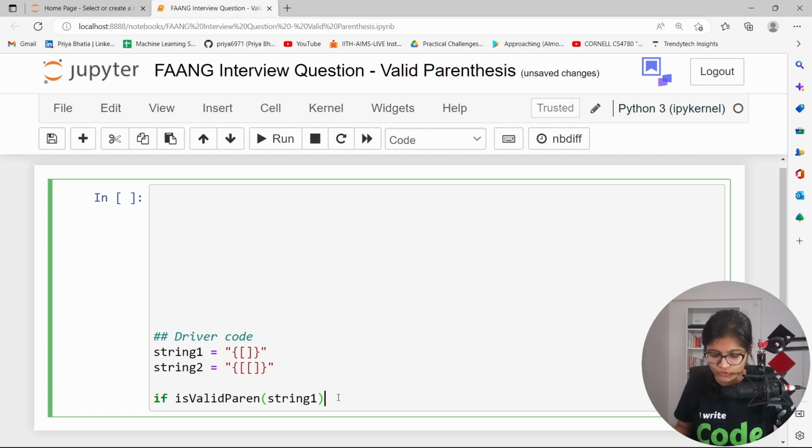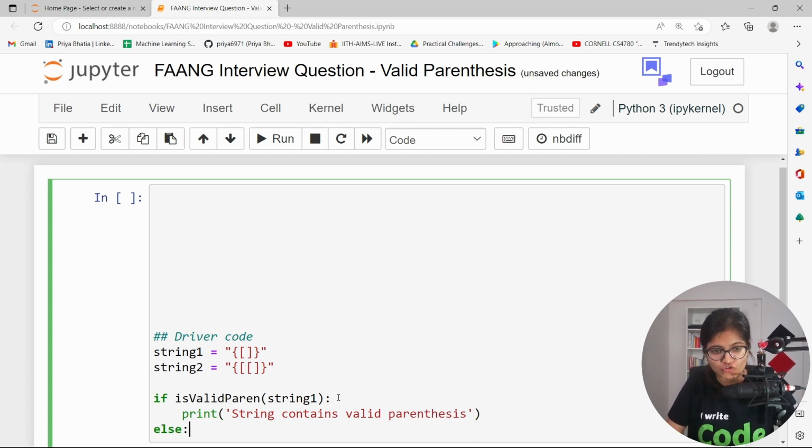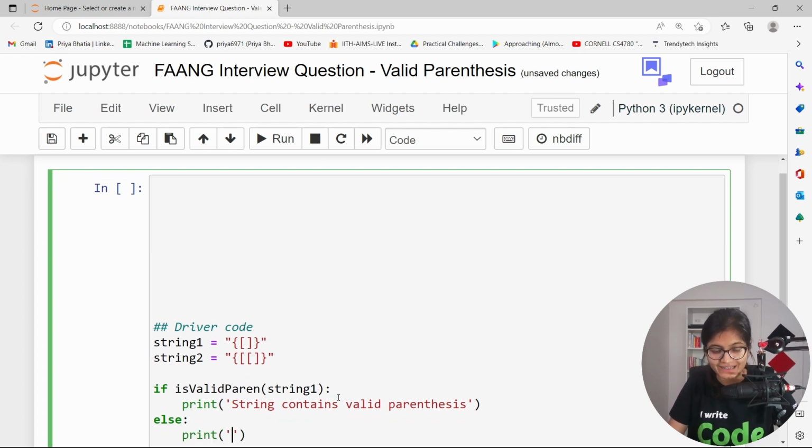String 1 as of now, and if it is valid, it should print that the string contains valid parenthesis. Otherwise it will print that the string